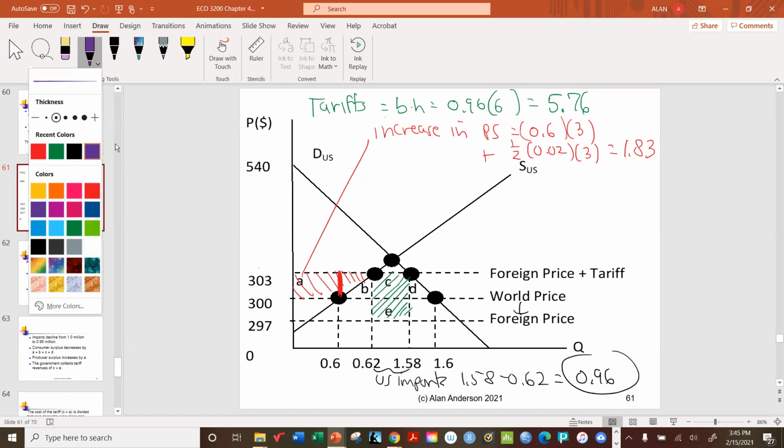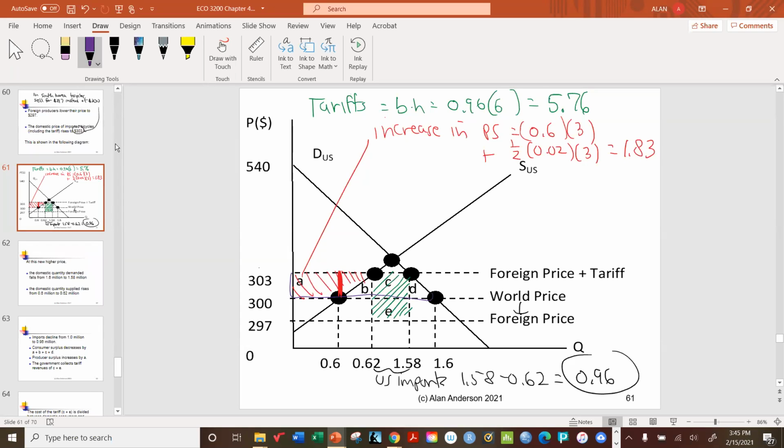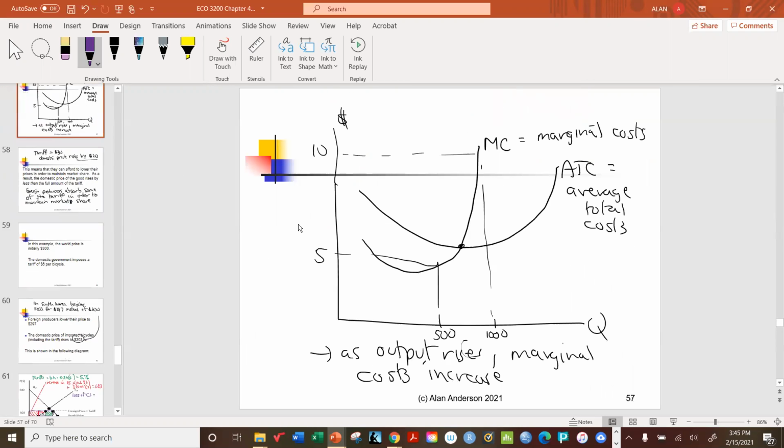And the reason for that is because with free trade, consumers would get 1.6 million bicycles at a price of 300, but now they're getting 1.58 at a price of 303. So the loss of consumer surplus is this whole area in here. Actually, we don't even have to color it in. That whole area is the loss of consumer surplus. The reason why I want to leave it like that, and by the way, I've already done that calculation in advance. The consumers are losing